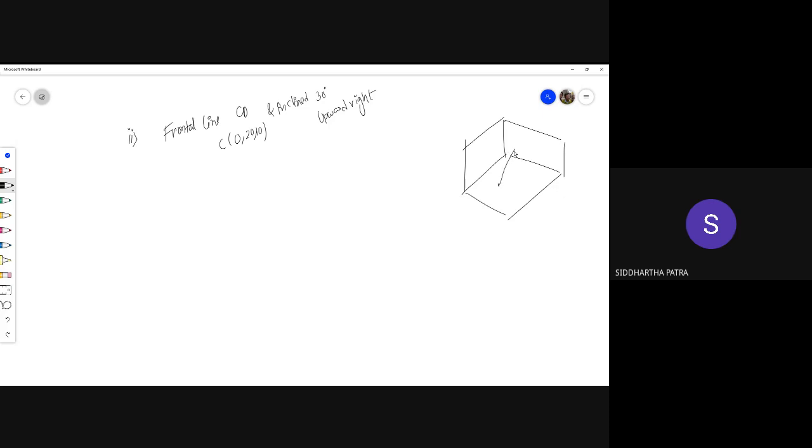So this is the line CD, and it is parallel to the vertical plane. Its coordinates are 0, 20 and 10. So don't worry about the first coordinate. The second one is 20 and 10, which basically means this point C over here is 20 millimeters in front of the vertical plane and 10 millimeters